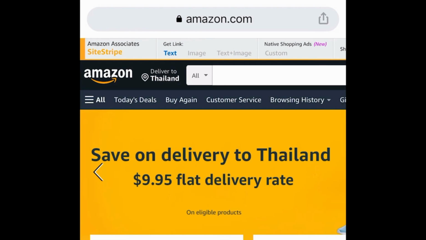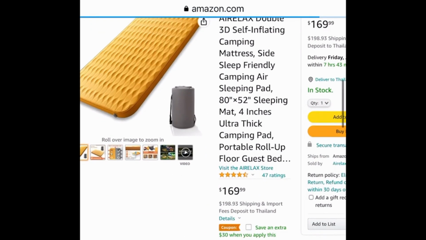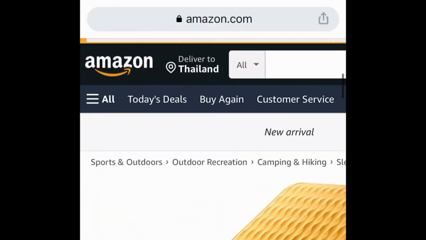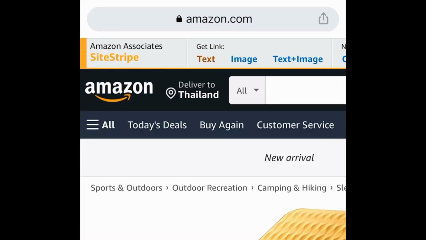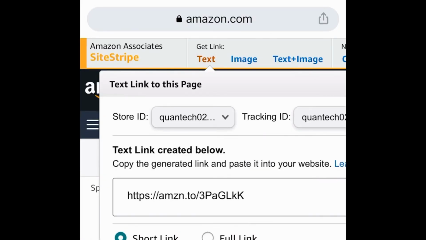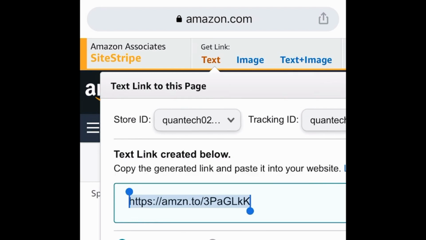I click the text button, and click the text button on your front where it says Amazon Associates. So copy that link, and this is how to create